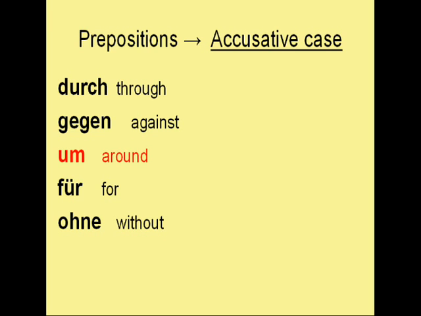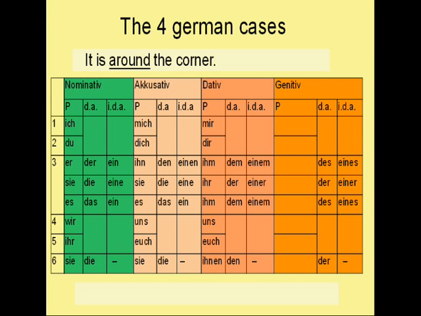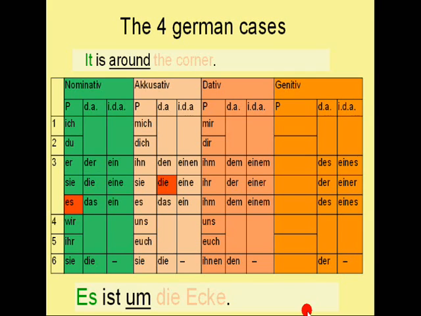Now a short example with the preposition um, which means around. It is around the corner. How would you translate it? Which part of the sentence is the subject of the sentence? It. It is the subject of the sentence, which translates to es. So the sentence starts with Es ist. Now the corner is the object of the sentence, and you already know which case follows. So I just have to tell you which gender it has in German. Corner means Ecke in German and is a female noun. So we take the definite article for female nouns, and the sentence reads Es ist um die Ecke.